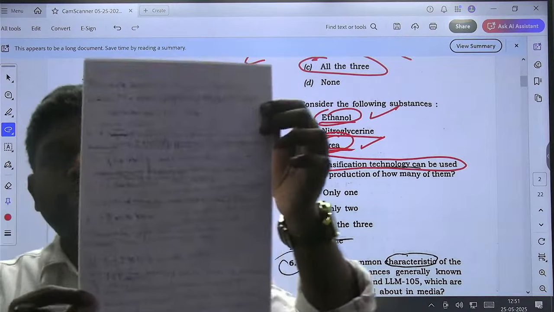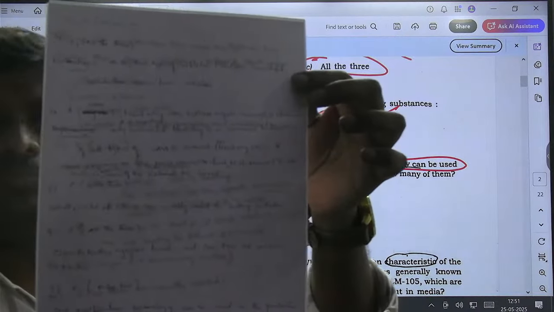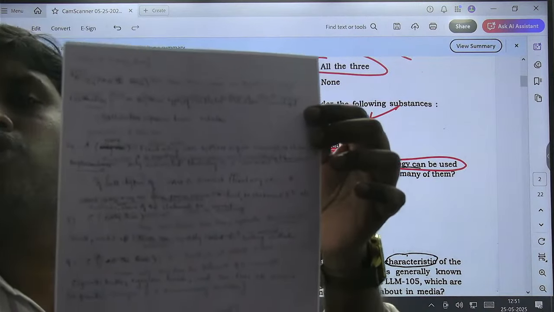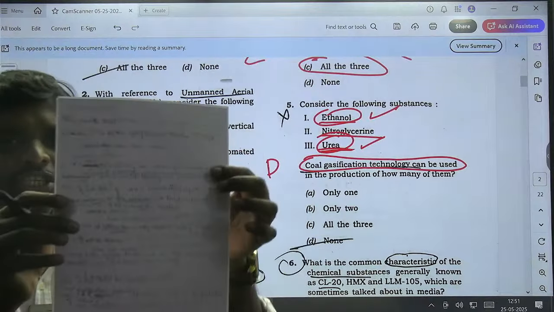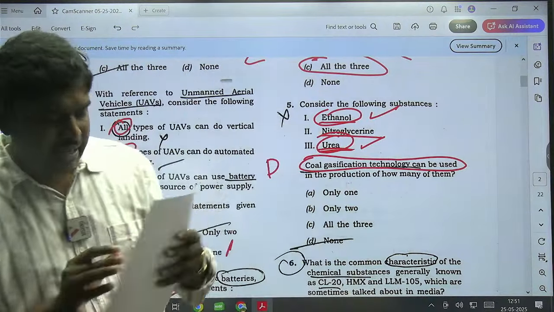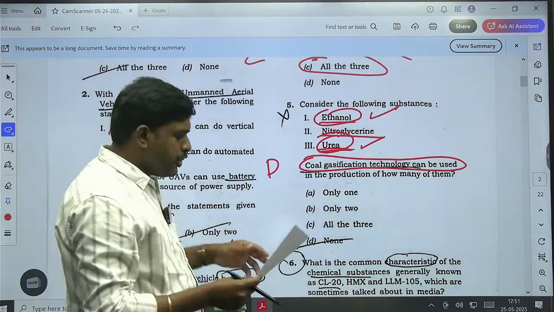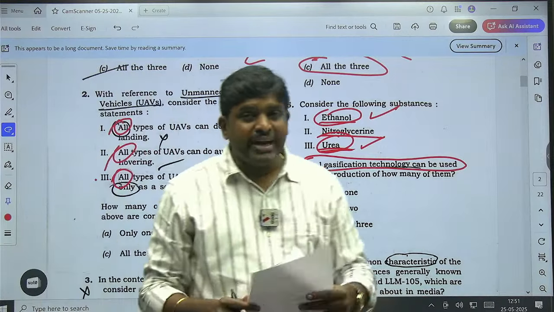If it is visible to you, with the detailed information, we are going to provide you the key. Within 2-3 hours we will be providing you the key. The explanation is written here why this answer is correct. So in ethanol and urea it is there. Then again from 96 onwards,